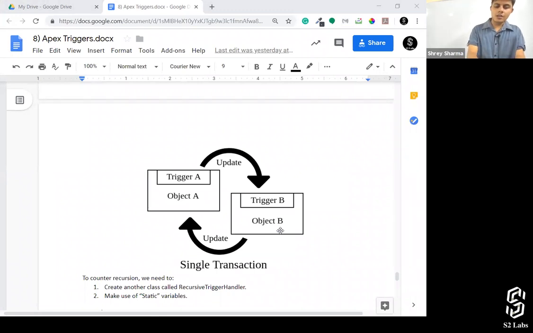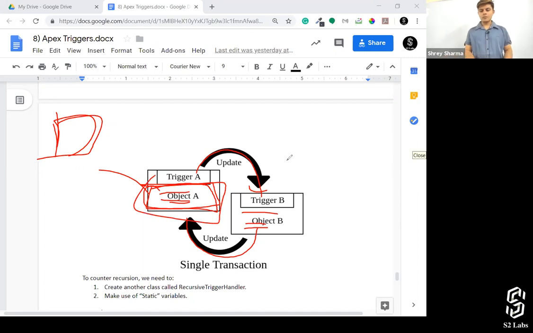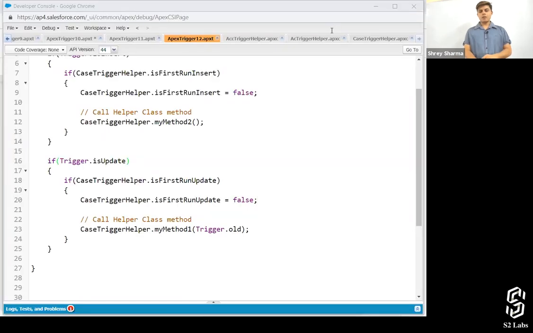So in this trigger, the execution of the code will only happen if the flag is set as true. But after this execution happens, you set this flag as false. And once you set this as false, if this goes over there, executes the code and comes back, it checks whether it is true or not. It is not true, hence it's not going to execute this particular set of code. That's exactly what it is. It's a simple if condition, setting a flag and unsetting it. Is it clear with everyone? How to handle recursion in triggers?